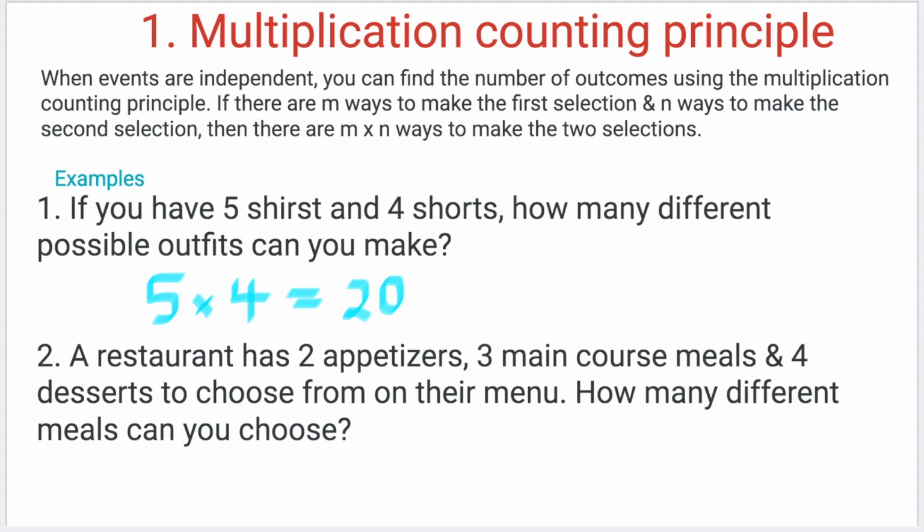The second example says a restaurant has 2 appetizers, 3 main course meals, and 4 desserts to choose from on their menu. How many different meals can you choose? Another typical scenario where somebody needs to figure out, if I'm going to go to this restaurant maybe 2 or 3 times, how many different ways can I combine the meals that I'm going to order? So how many different meals can you choose? So you're going to multiply 2 times 3 times 4, and that's going to give you 24. So there are going to be 24 different meals that you can come up with 2 appetizers, 3 main course meals,